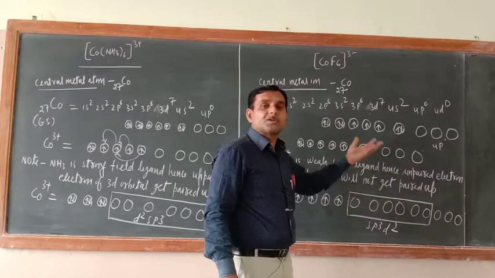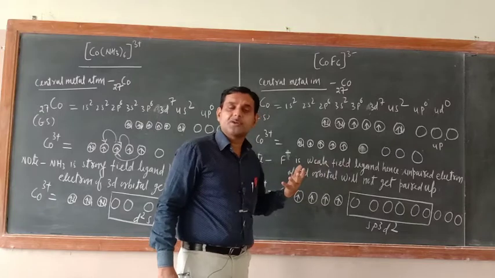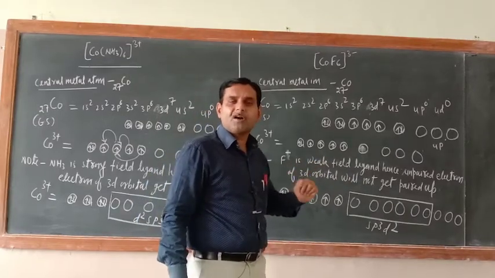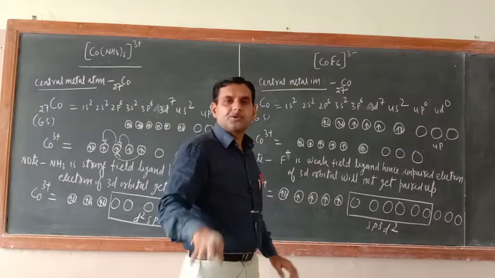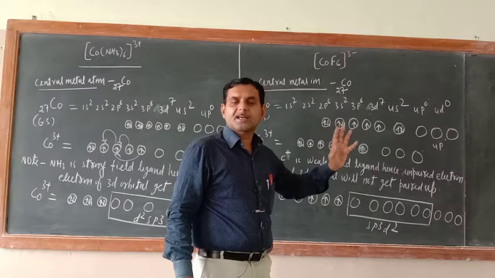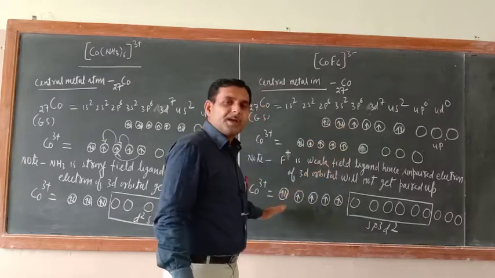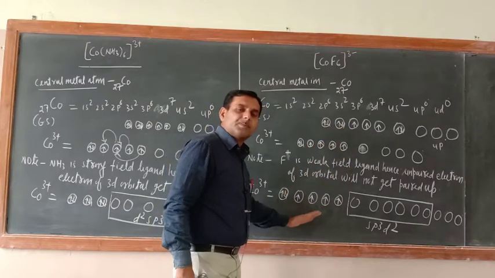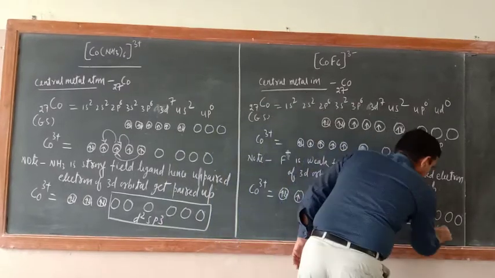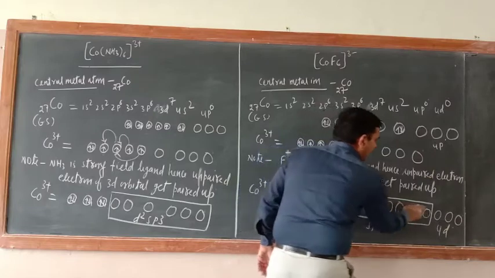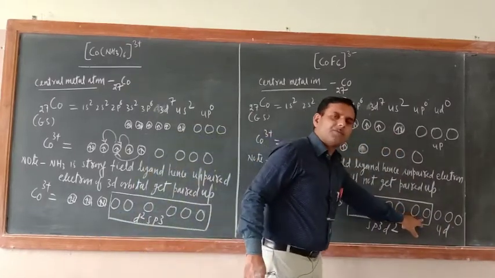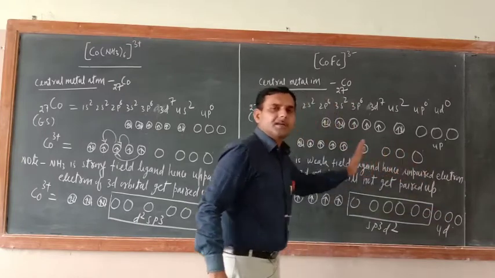Correct or not? Suppose a guest is coming to your home and space is not there, so you will take the help of a neighbor, or not? You will request your neighbor, please provide me 1-2 rooms, so that our guest can be accommodated there. In the same way here cobalt is helpless, so it will take the help of the 4d orbital. Just see, these are 4d orbitals, 5 of them, 1 2 3 4 5. Only 2 are involved, the remaining 3 are not involved.